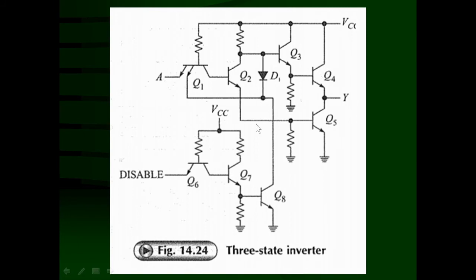So when the receivable input is going to be high, transistor Q4 is off as well as transistor Q5 is off. If this is off, that means it is disconnected from the positive terminal of the power supply, as well as from the ground terminal of the power supply. So Y is disconnected from both sides. So Y is floating, you can say, or it is disconnected from the rest of the circuit. And this way, the tri-state inverter works.